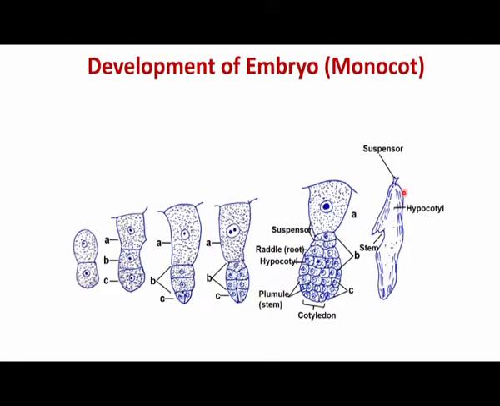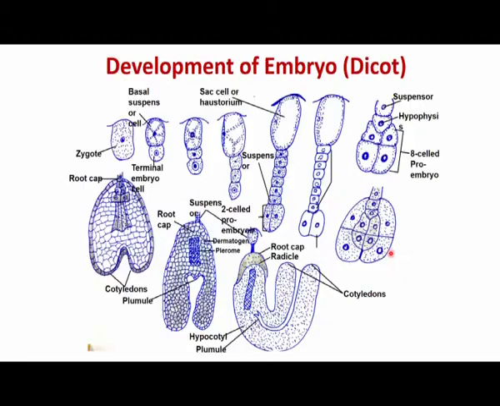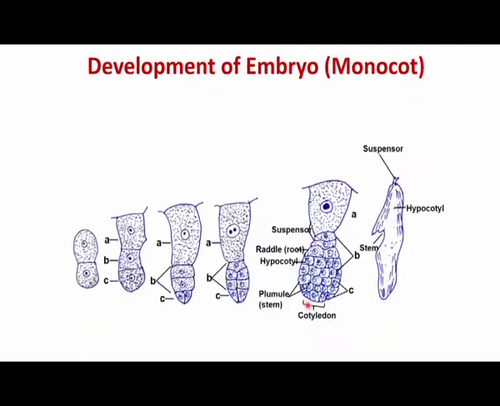In the case of a monocotyledon plant, about one half of the terminal cell derivatives function as the shoot apex, whereas the remainder of the cells show a rapid rate of cell division in the formation of a single cotyledon. So, the only difference is that in this case there is a rapid rate of cell division to form a single cotyledon, whereas in the case of a dicot plant there is growth of two cotyledons. All the rest of the stages are almost the same, whether it is a monocot plant or a dicot plant.